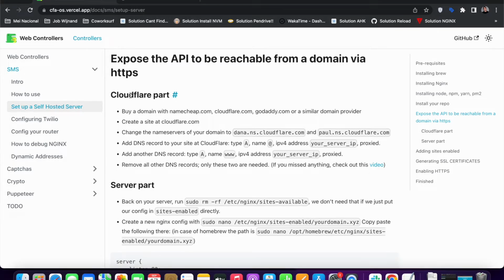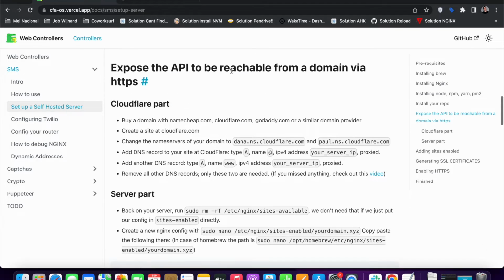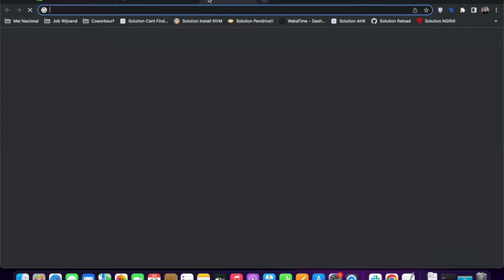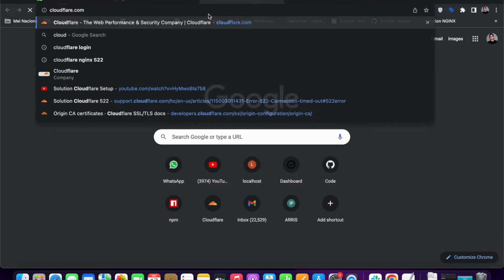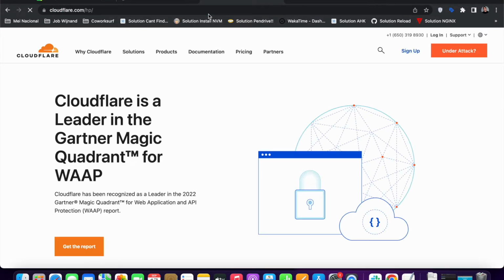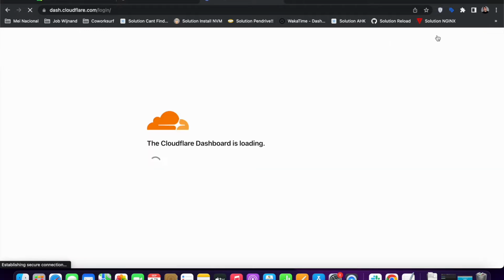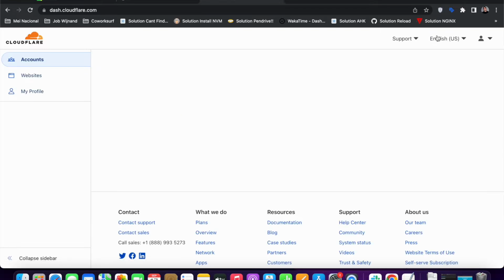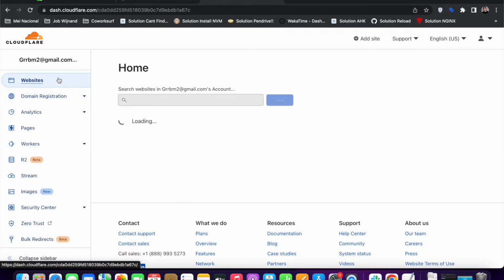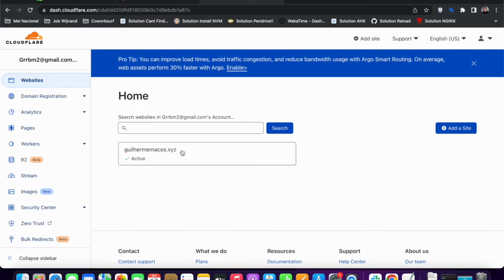Set up the domain names on Namecheap, right? You should add this to Cloudflare. So you can go here to Cloudflare, and then I'll log in here. And then you can add your website. In this case, I already added my website, which is guilhermemacos.xyz. So you can click it,